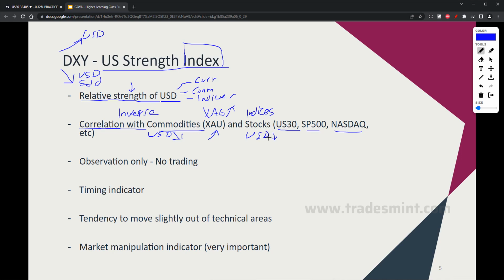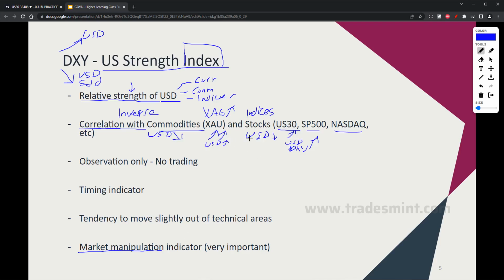The problem sometimes is if you see, for example, gold going up, and then you see USD going up as well, or you see Dow Jones going up and you see USD going up, so DXY going up as well. Okay, so if you see those types of patterns, it means something is going on. There's manipulation. Okay, there's going to be market manipulation. We will get there shortly. Okay, but it's very important